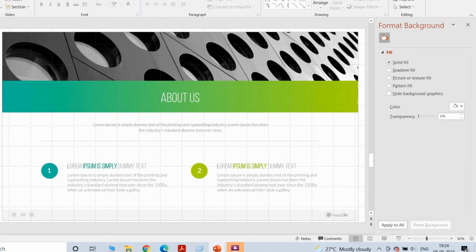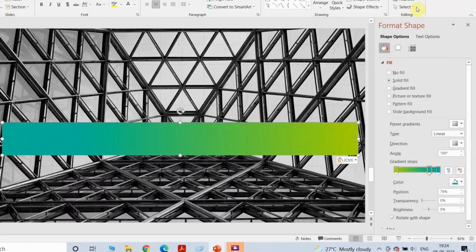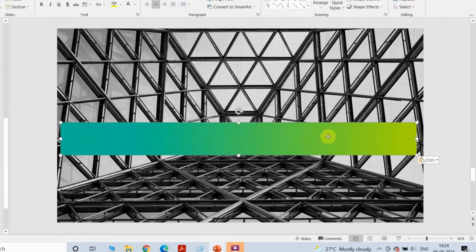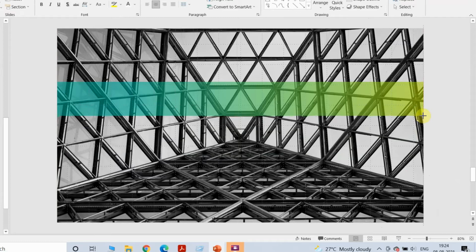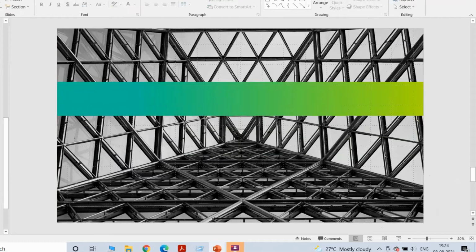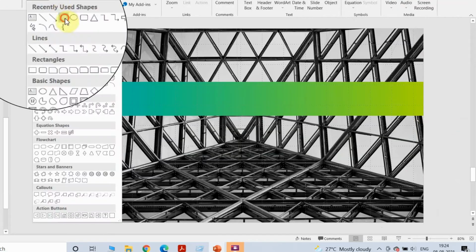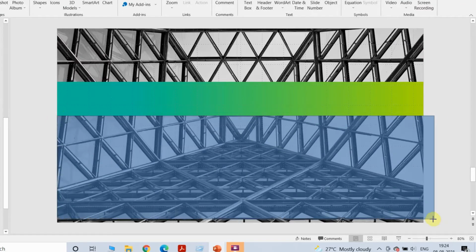And now I have picked another picture which is similar to the one that we saw, and I'm going to show you how to work on that. So I've added the bar. You can decide the width. You need not follow exactly same as the previous slide. If you think you want it slightly wider or thinner, you can decide.